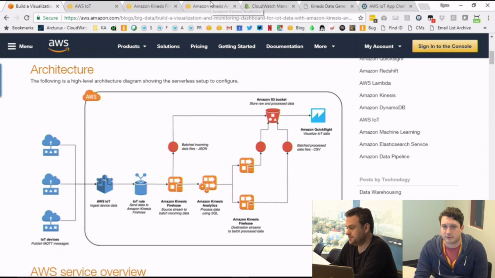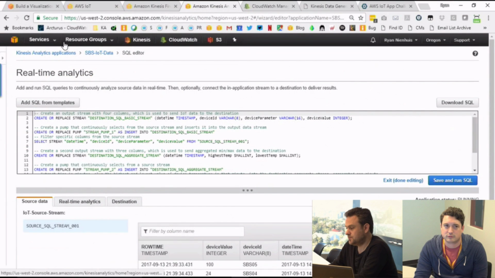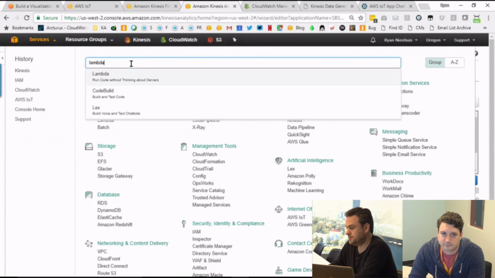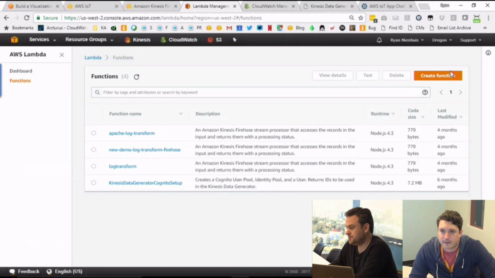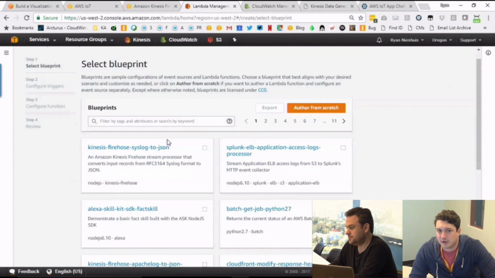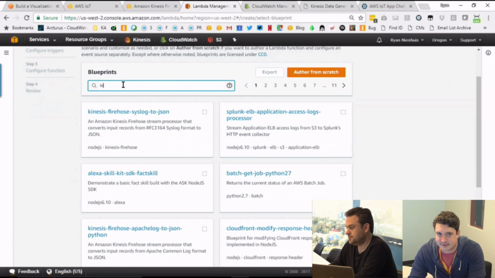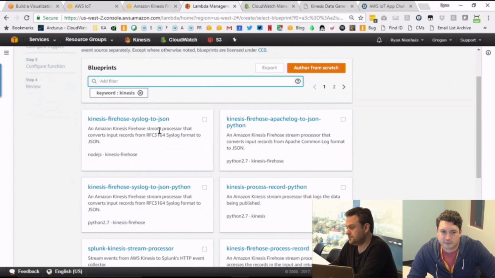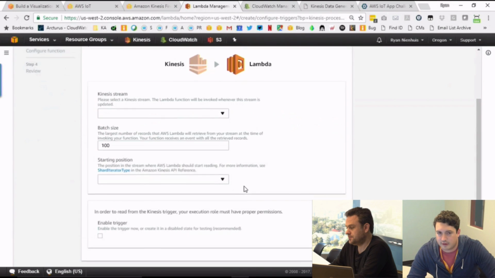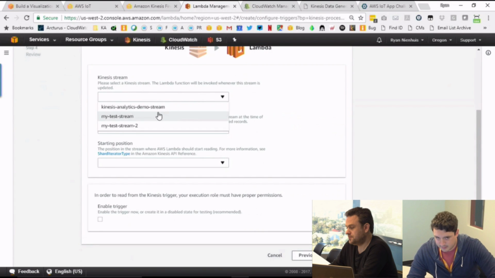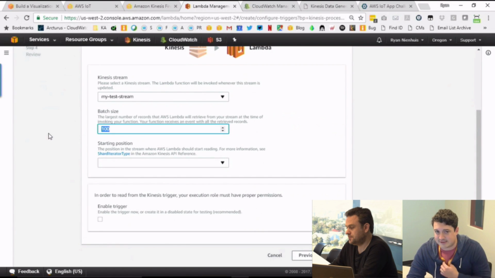AWS Lambda, I'll navigate to the console real quick. You'll click Create Function, and I'm just going to filter by Kinesis because there's a lot of Lambda blueprints. You want to choose Kinesis Process Record, which is the basic one. And then you'll select your Kinesis stream and the batch size that you want to operate on. 100's a good one, 1,000 might be a better one, but a lot of times I just put the maximum in, or a much larger number.